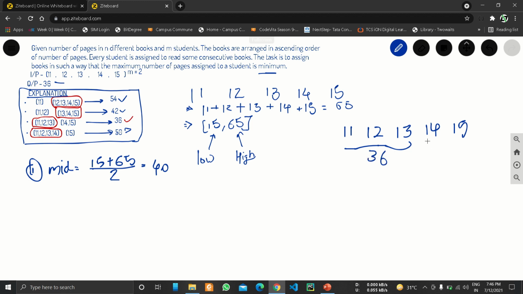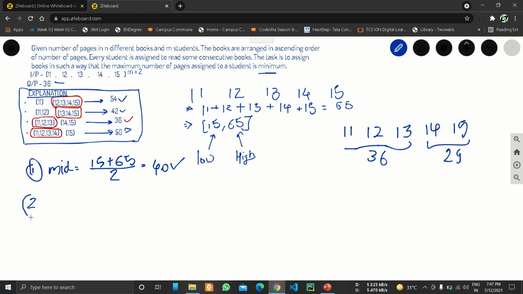So the first student has to read 36 pages and the second student has to read 29 pages. So 40 is maybe a possible solution, but we have to minimize the solution. So if 40 is a possible solution, then we have to check at the left of 40.